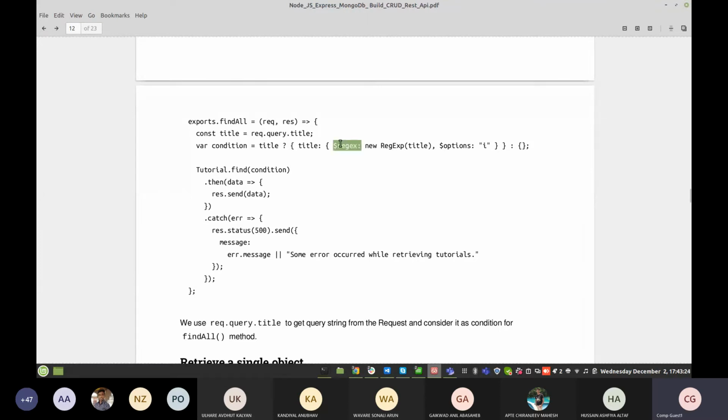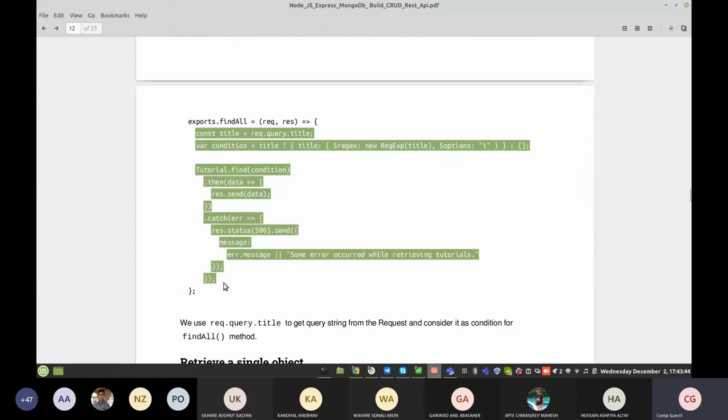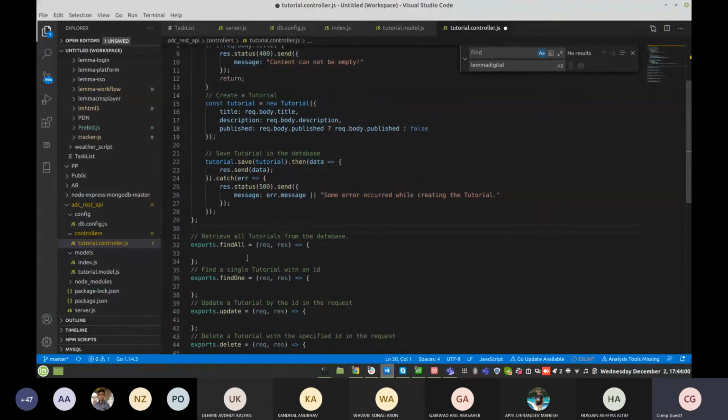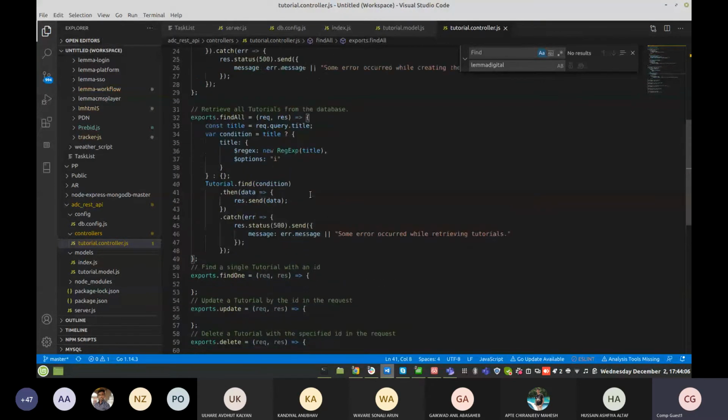So here, regex, that tutorial, the keyword we use to create a new regex expression, and the ignore case option. You can specify multiple flags like g, m, whatever options normal regex frameworks provide; they are all supported. So you can specify that flag whenever you create the regular expression. Now we need to find all documents with a particular title. If the title is not specified, then the complete set of documents is returned.